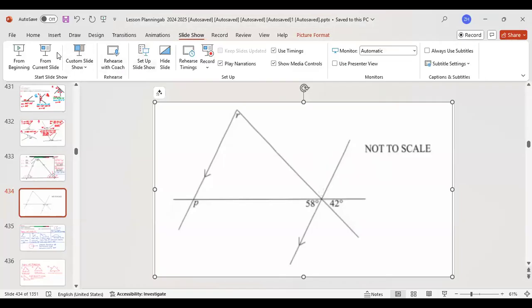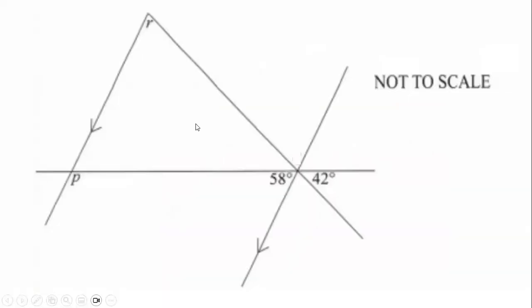All right, so what I would want is to know what we're going to call this angle M. I want to know what M is. So what is M? I'd also want to know what is